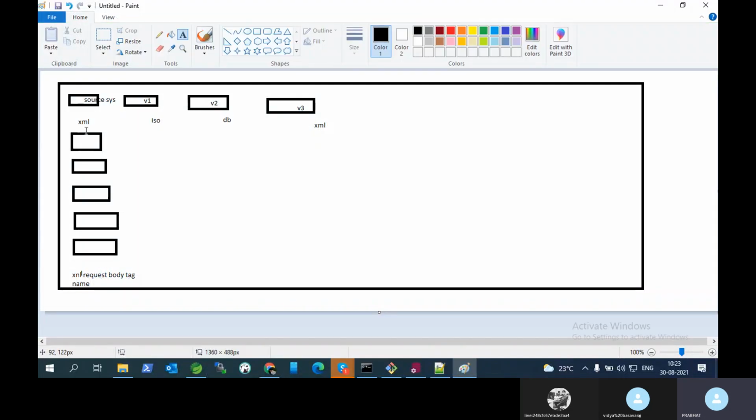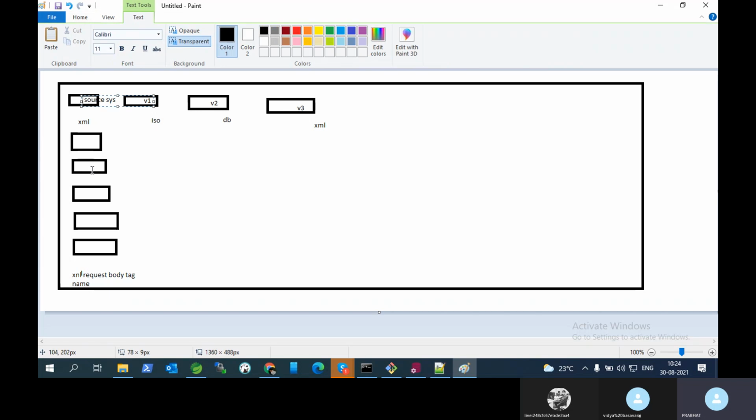For the source system, suppose XML, while doing tag maintenance, suppose it has a translation. They have uploaded one, and we are at create rule based on the translation. Suppose this source system has 1, 2, 3, 4, 5 tags.